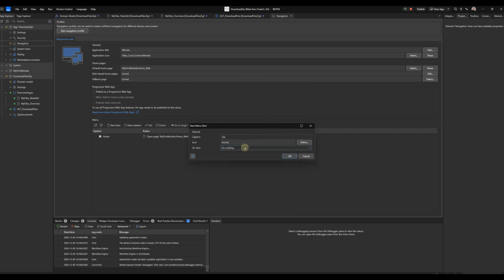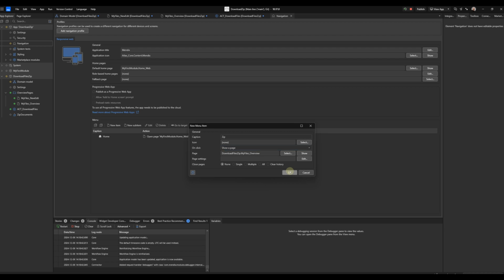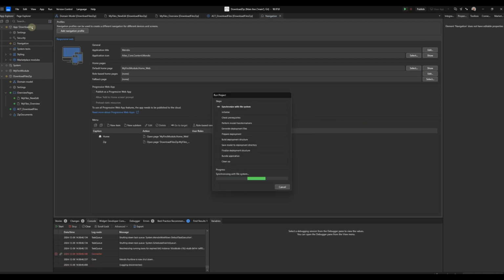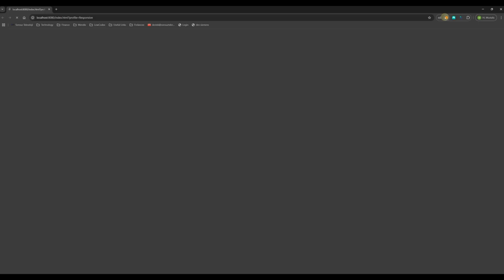Okay, what did I do? Show page. Yes, and my files overview. That's okay. Now I can run it. Okay, I will go to the web app.